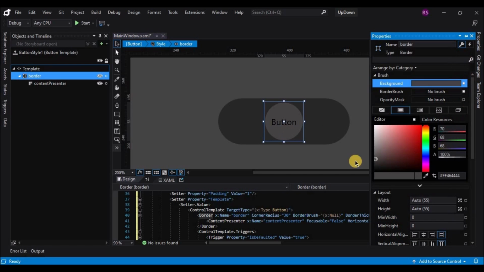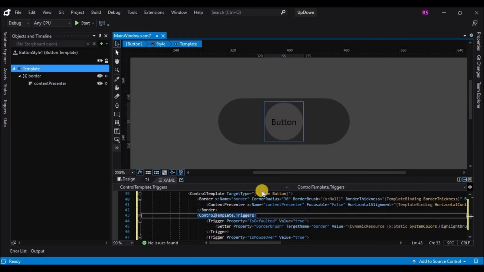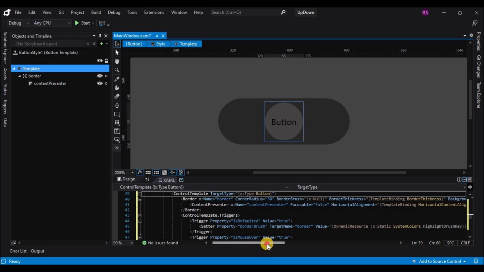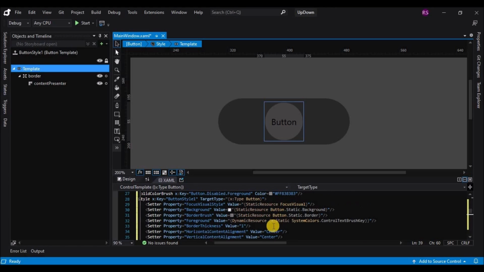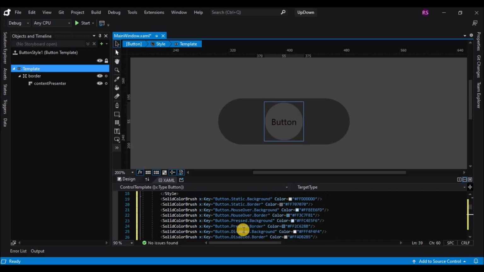Now let's scroll the XAML document and you will see that it has a button style applied. So if you scroll up, you will see the different styles, setter properties applied. These are the solid brushes that are applied. Of each color will be activated based on the different events like background or mouse over, pressed, disabled. All these are the events.